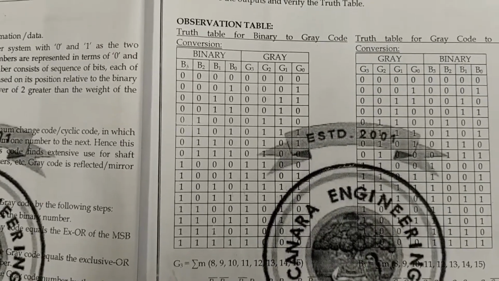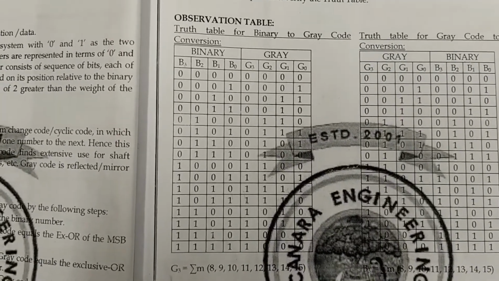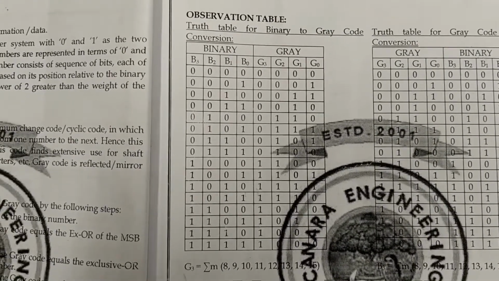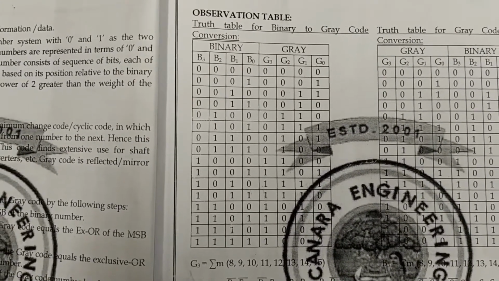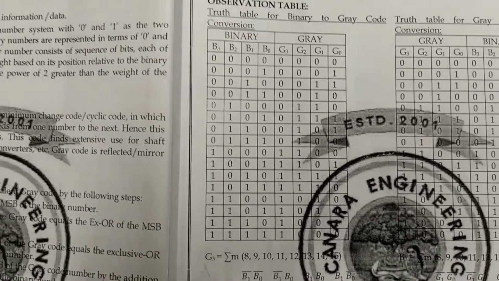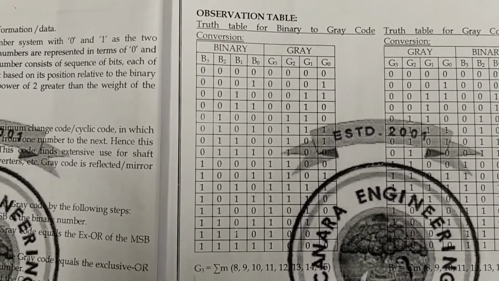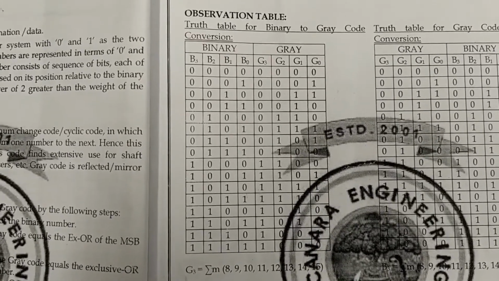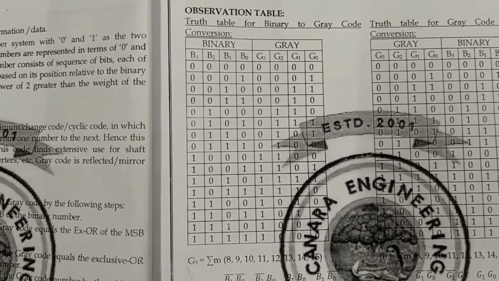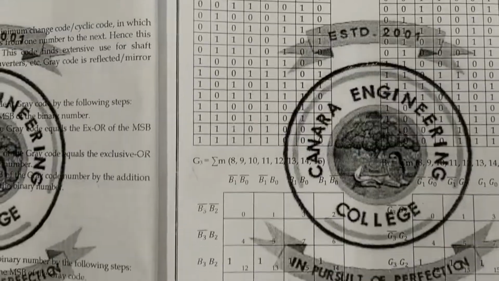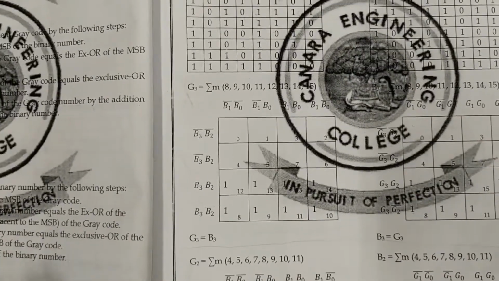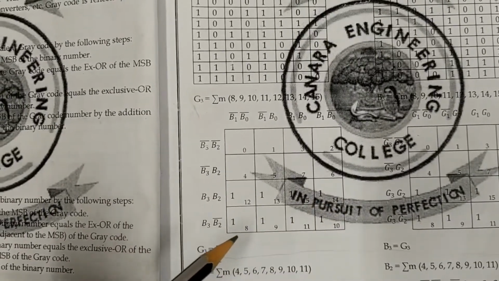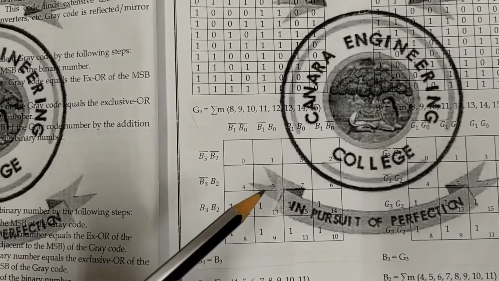So moving on to the implementation part, you can see the truth table of a binary to gray code converter. The truth table of the B to G converter has already been explained to you. With respect to the truth table, you need to be plotting the K map. So the K map is seen here. You can see the K map and the ones, all these ones have to be made into an octet.